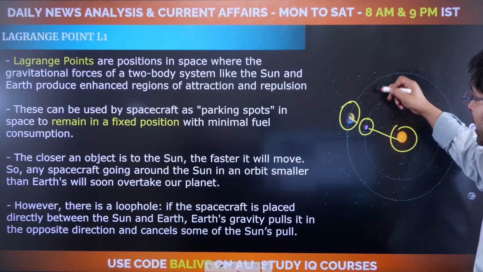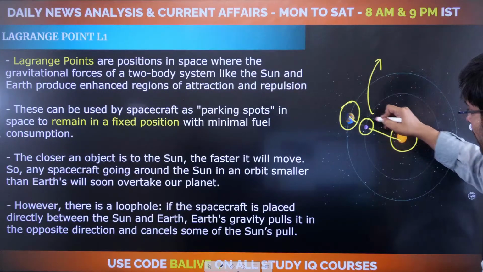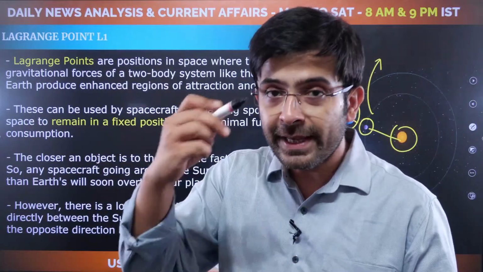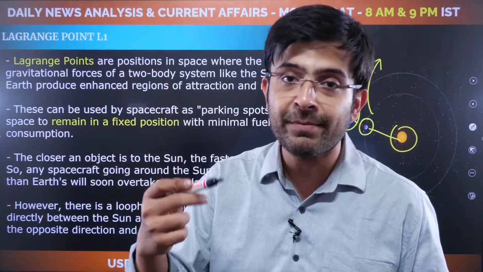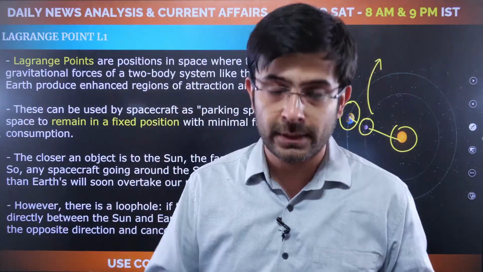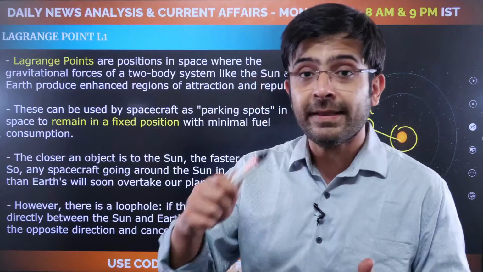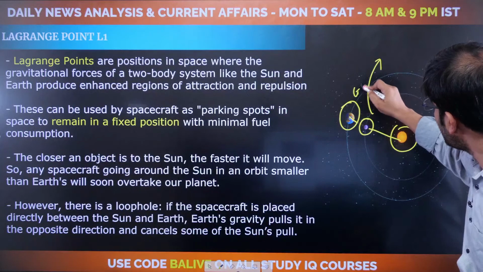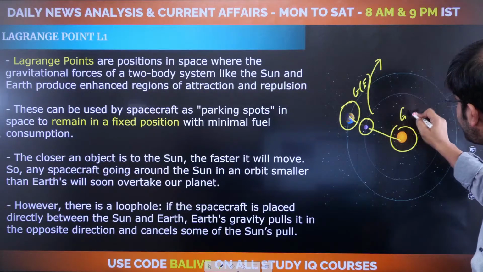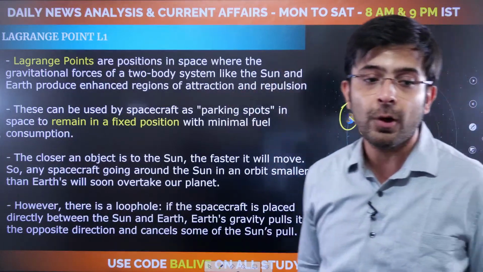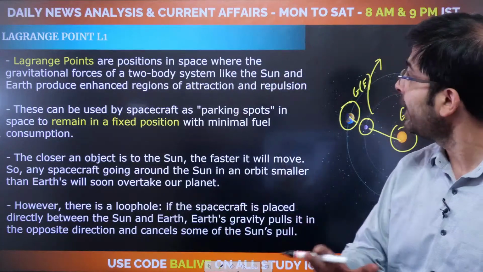Now, what is the counter argument to this? That, well, because you are in that inner orbit towards the sun, your period of revolution will be shorter, which is why, say, Mercury goes around the sun in about 47 days, whereas we take about 364 days to do it. But then, to balance that, you are going to use the gravity of both Earth and sun so as to maintain that constant singular line in which all three are completely together. So that's your Lagrange point 1.